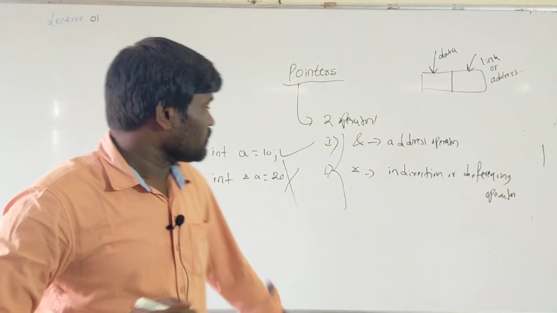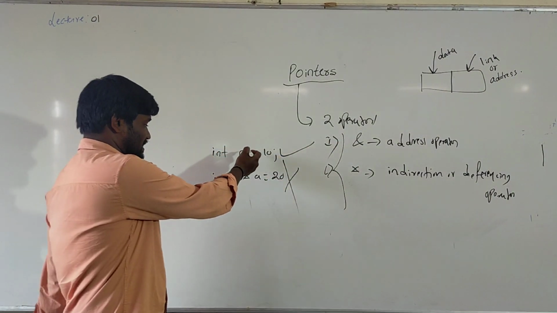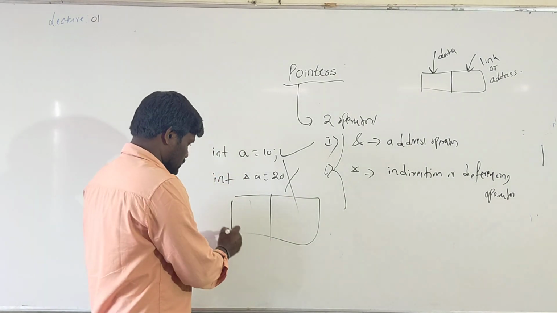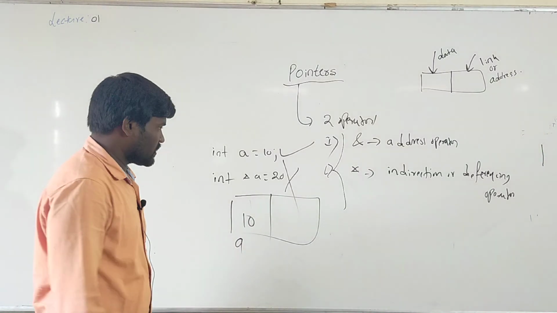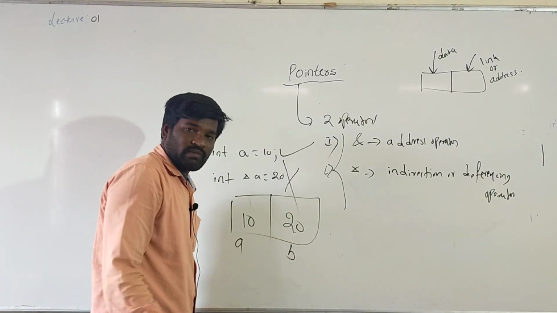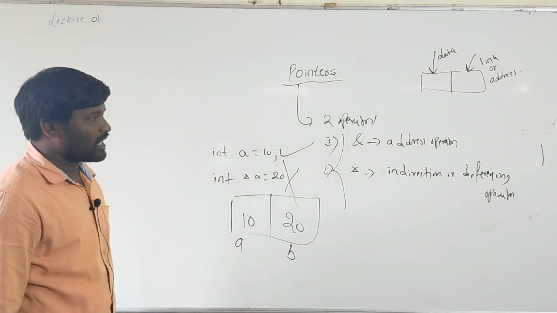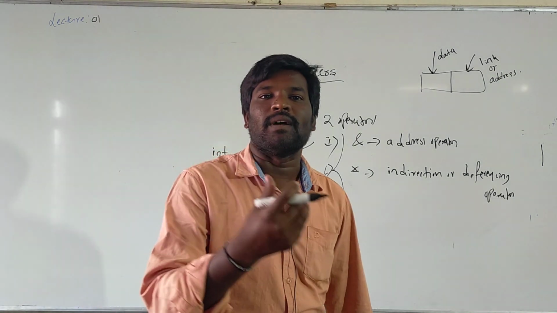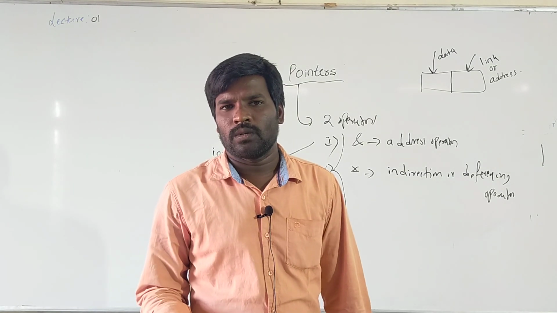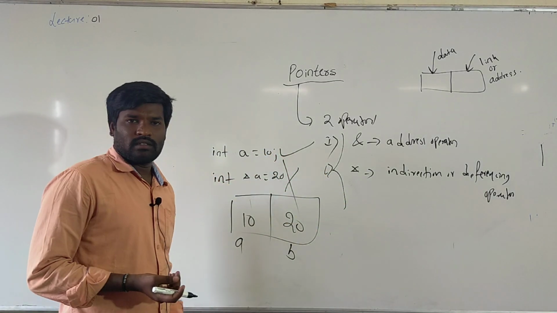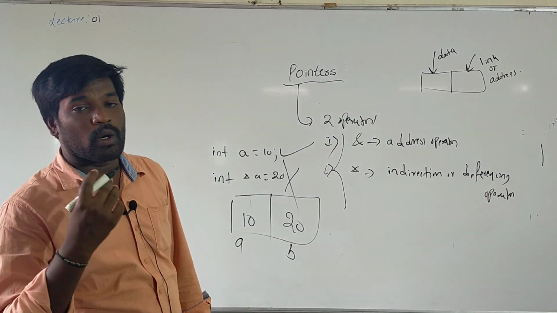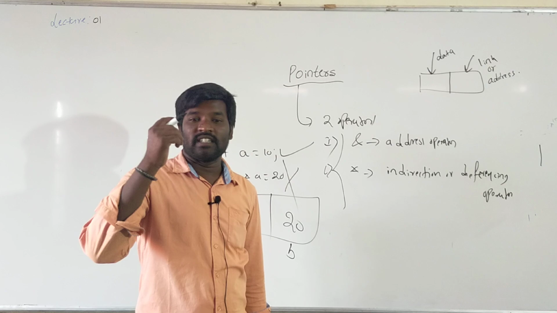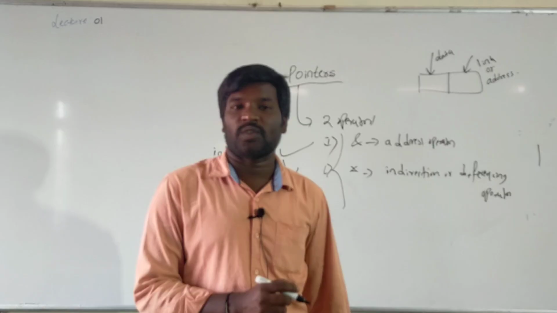See here. First one is the address operator. Here a is equal to 10 is there. This is the memory block. A is 10, I can consider B as 20. Here address means a memory location, the name of the memory. So initially we don't know the address of 10. Then how to view the address of a particular number? With the help of this AND operator, it is possible to print the address of a variable.